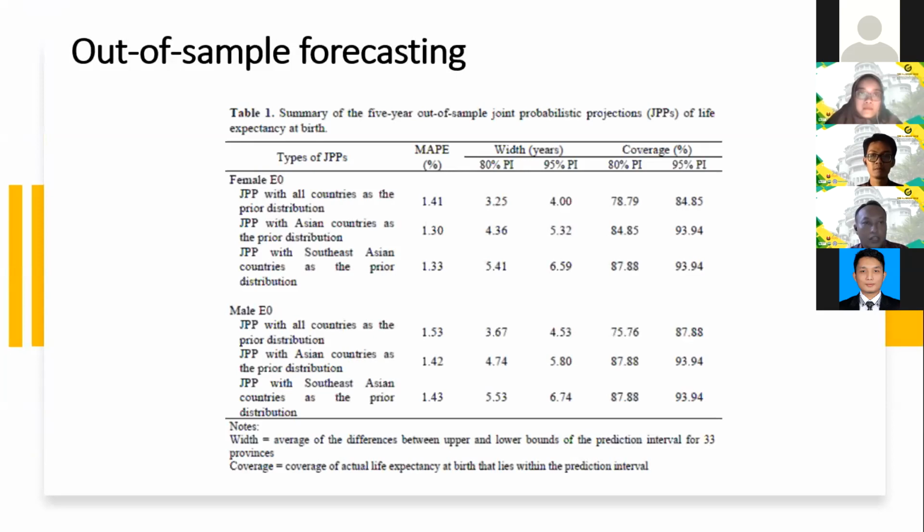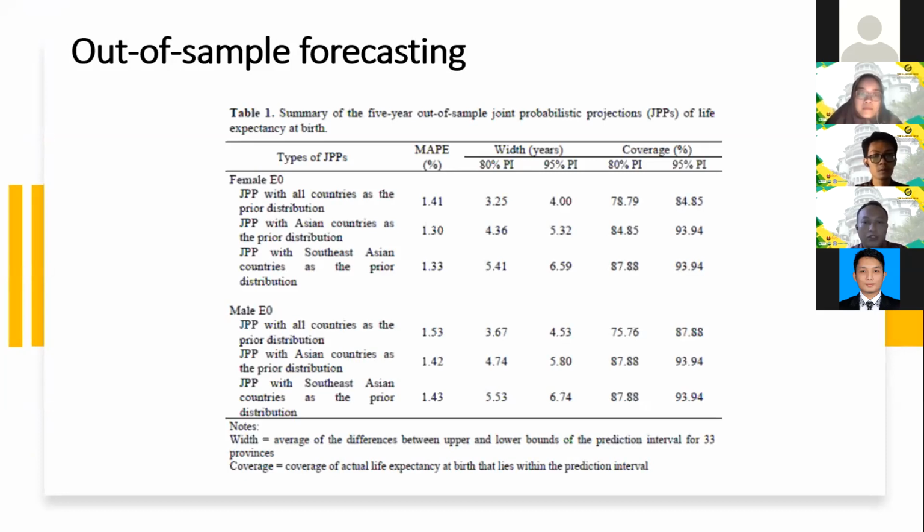This is the result of sample forecasting. Among the three joint probabilistic projections, GPP with Asian countries as the prior distribution showed the highest accuracy. Mean average percentage error values of the IOF and IOM projections were 1.3% and 1.42% respectively. In terms of precision, this GPP has a smaller difference between the upper and lower bounds of the prediction interval